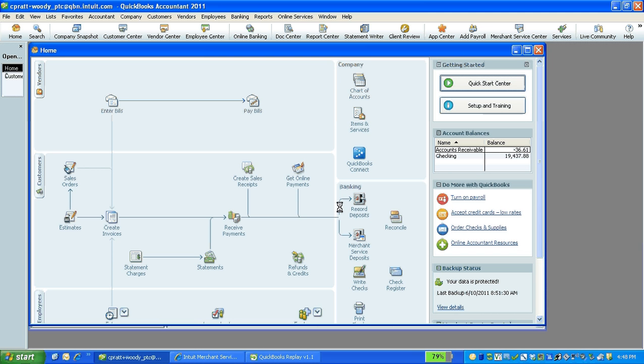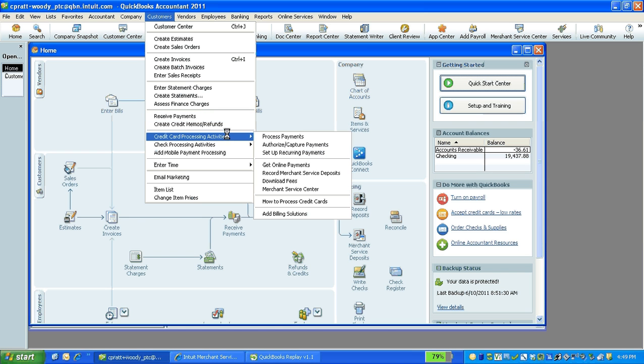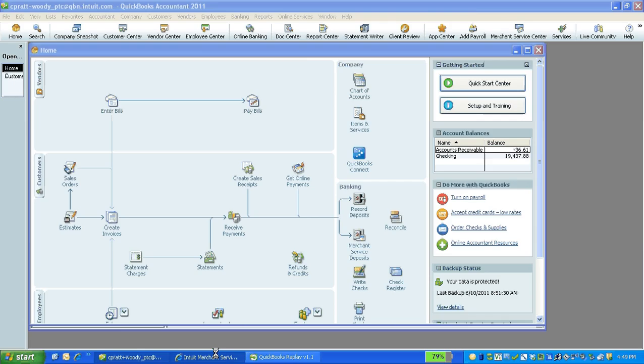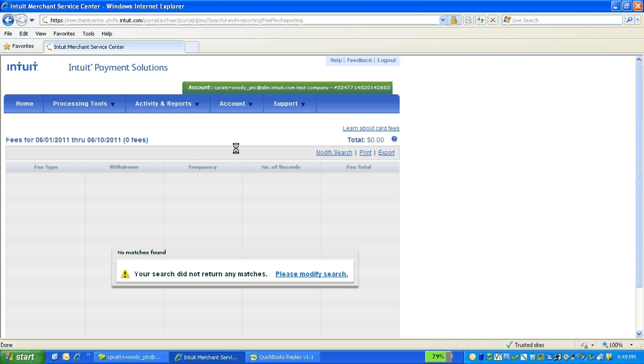Another way to launch while this is going, if I go back into QuickBooks, from the home page you can also click Merchant Service Deposits, and it will also launch it. So a place you can go in the Merchant Service Center, bring it right in there, okay, to record credit card payments and your fees right into QuickBooks. So from either clicking this icon, or under, again, Customers, Credit Card Processing Activities, and then Merchant Service Center, or of course just maybe you have a bookmark, go into the favorites, and I don't have any fees right now, but